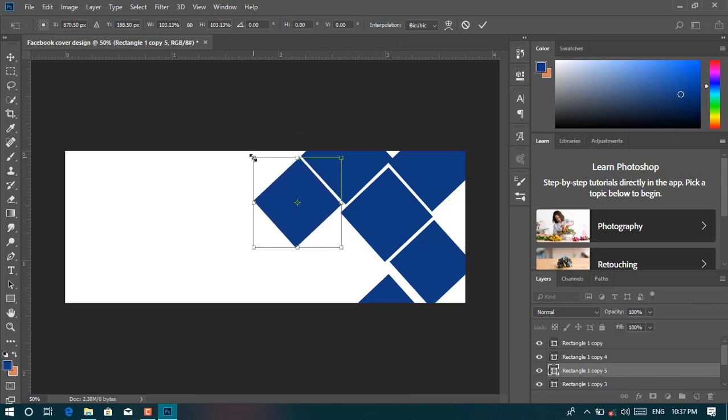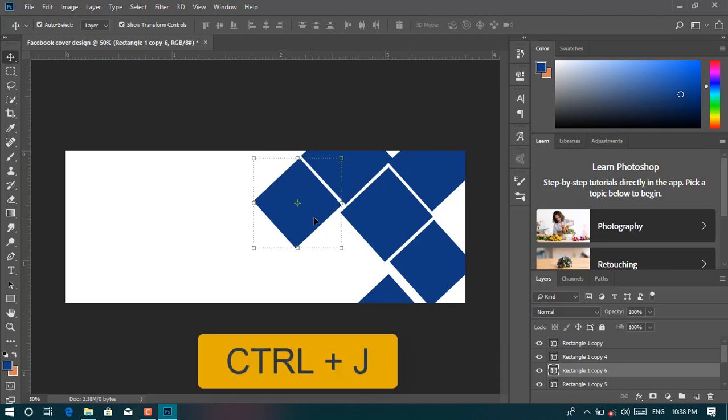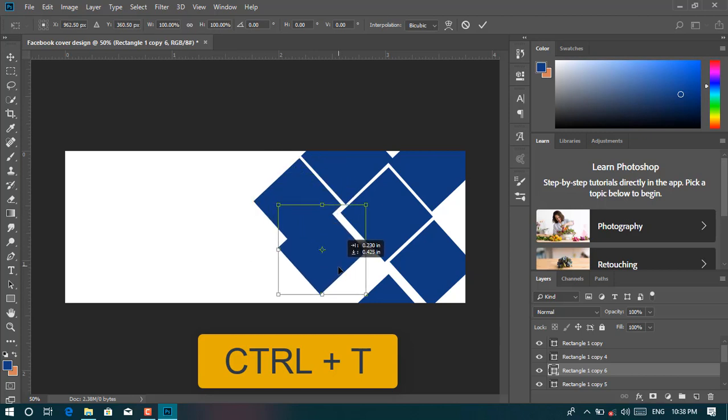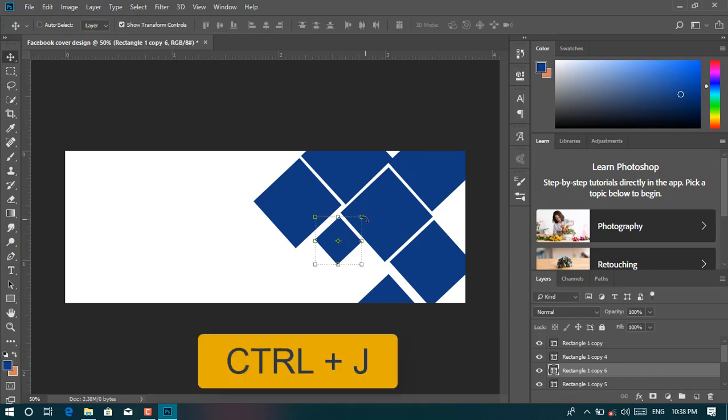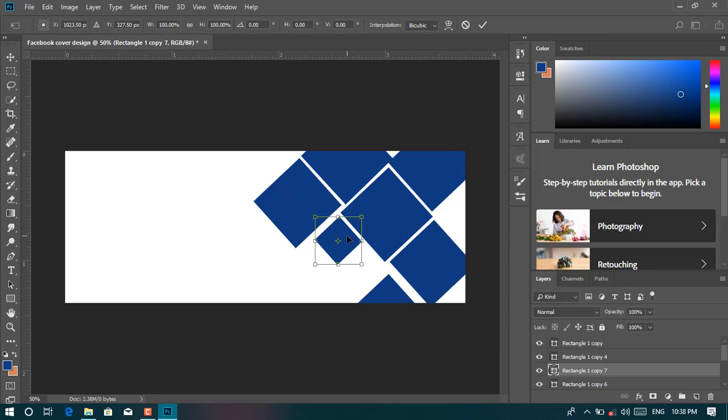Let's make it some bigger, yeah, and now back, yeah, it's enough now. And now also click Ctrl+J and T, and then make this one smaller here, like this around here, yeah, and also now Ctrl+J, make this one smaller than the first one, yeah,